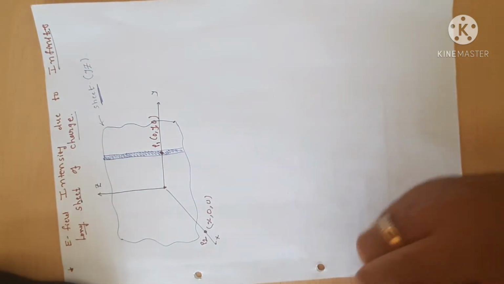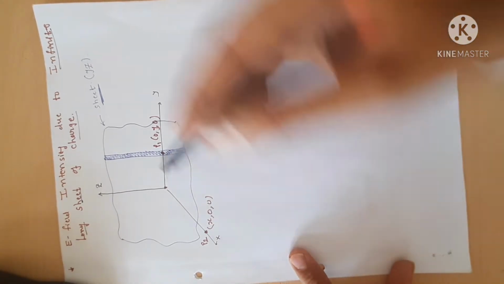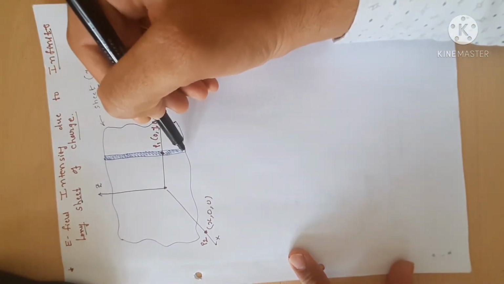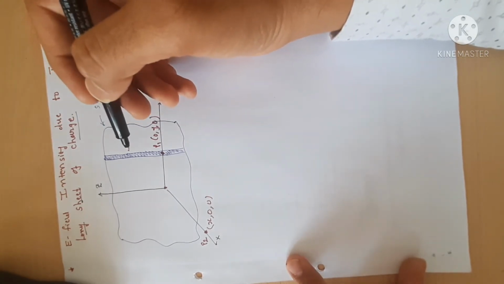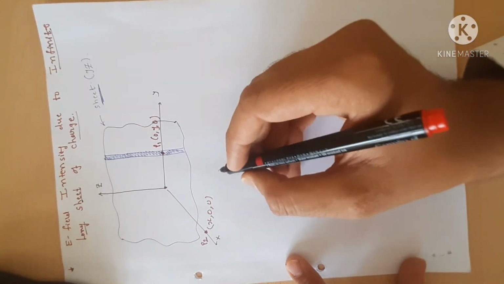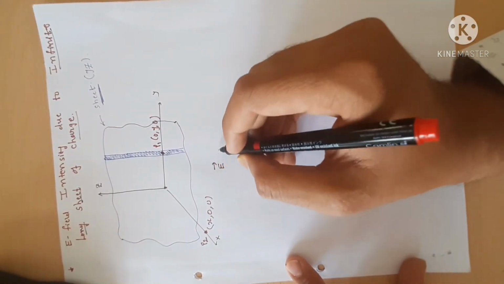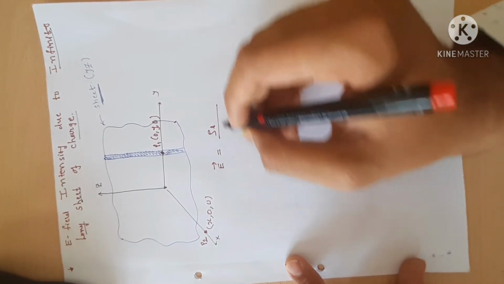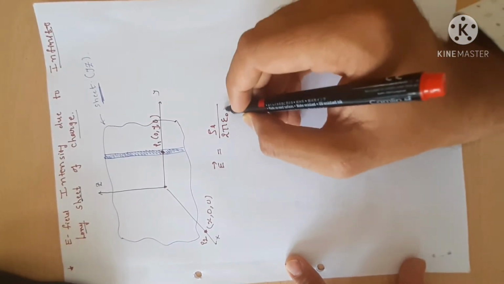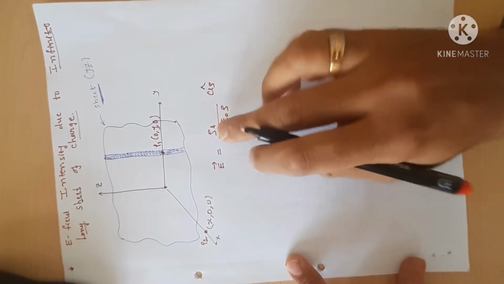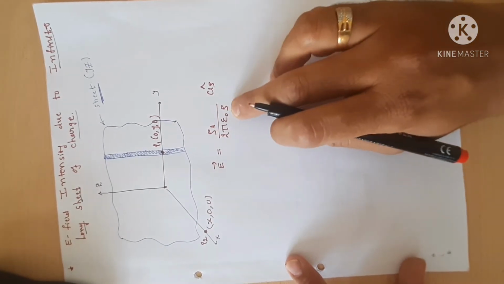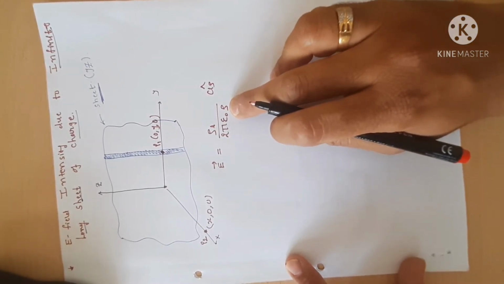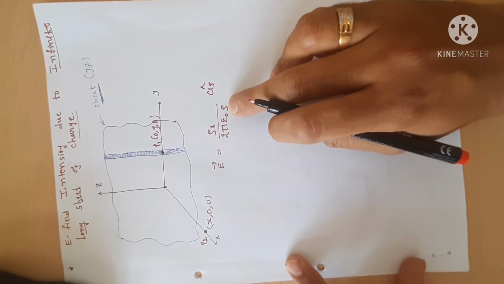First of all, we find the electric field intensity at point P2 due to this line. In the last session we derived the equation of electric field intensity due to an infinitely long line, which is vector E equals rho L upon 2 pi epsilon 0 rho, into a rho. What is rho L? Rho L is the line charge density, in coulomb per meter. What is rho? Rho is the direct distance of the line with respect to the point.